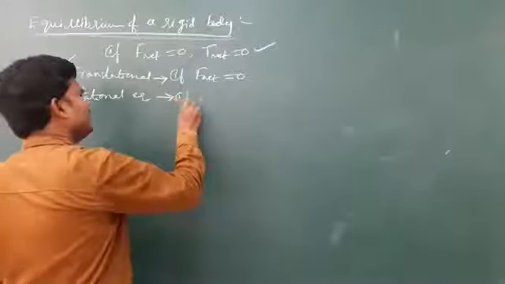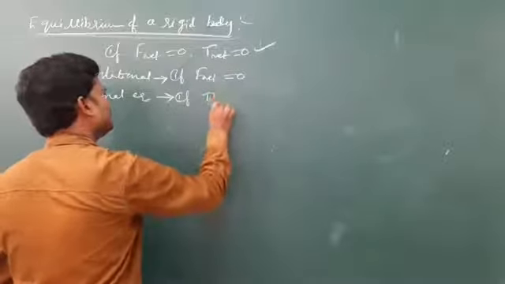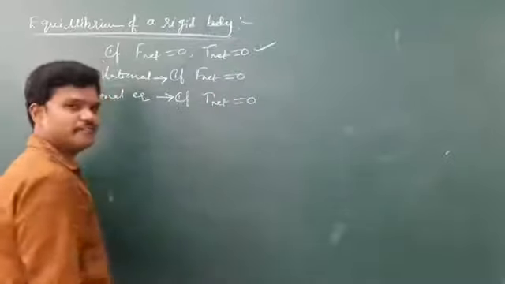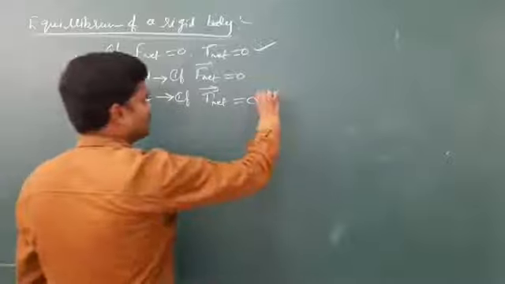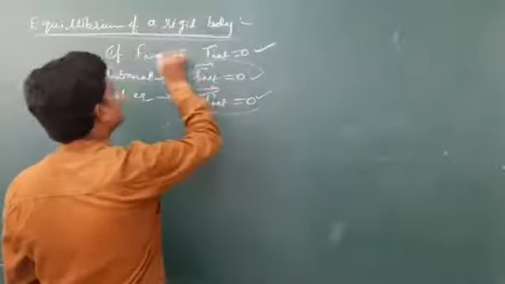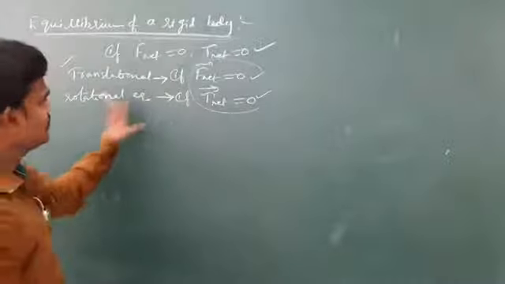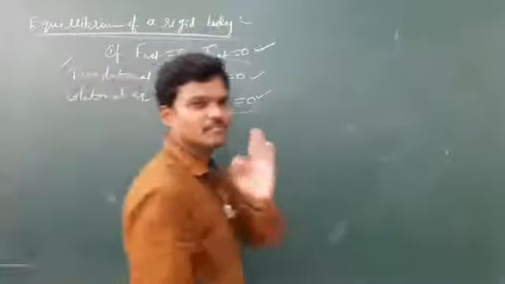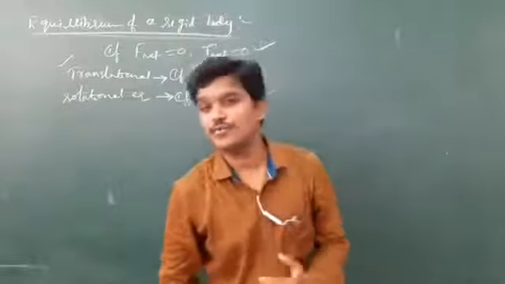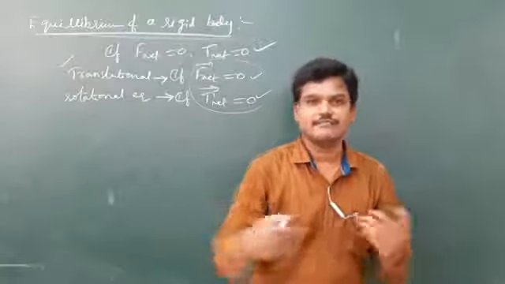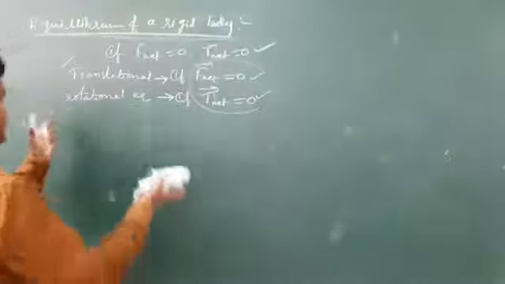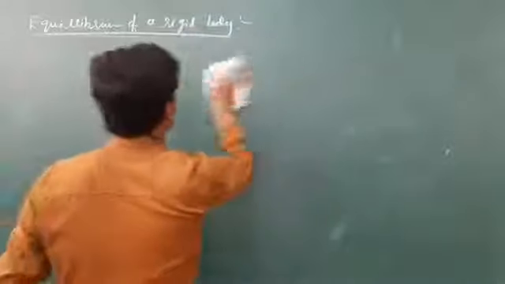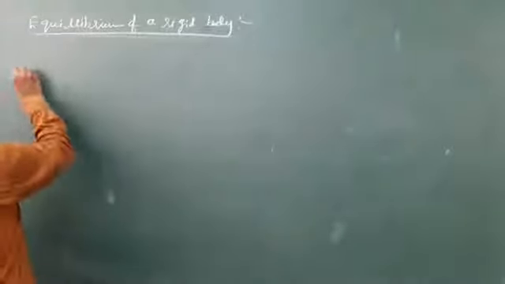In the same manner, the rigid body is said to be in pure rotational motion if the net external torque acting on the body is 0. And it is said to be in mechanical equilibrium if both are 0. So these are the conditions for equilibrium of a rigid body, because next I am going to use these conditions for some rigid body problems. Let me give one more example for translation without rotation, and rotation without translation. For example,